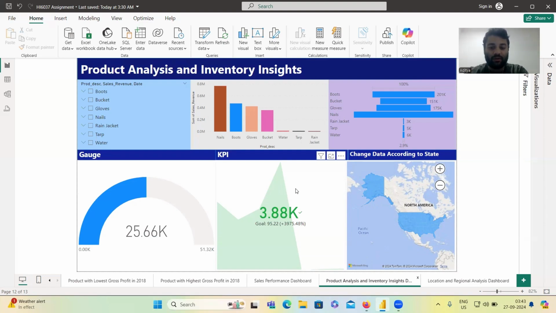The gauge is used to show the total price of all the products in the fourth visualization, based on the product description. The gross margin and the profit margin are shown in the fifth visualization, which is a KPI. The sixth visualization is a field map used to visualize the change in data for each state. The next is